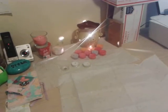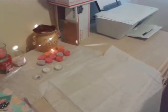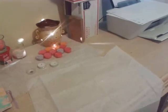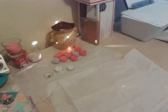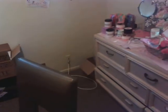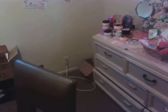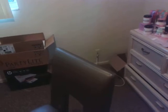If I'm recording a video, I'll leave it open. If I'm doing a destash box, I'll leave it open. But obviously, these are things that I don't do all day in this space. So I am able to close the door, and the scent just seems to stay alive longer with the door closed. And with these particular warmers, it just drags the scent out a little bit. So I can get a day or two without feeling like, oh my God, I don't smell squat,